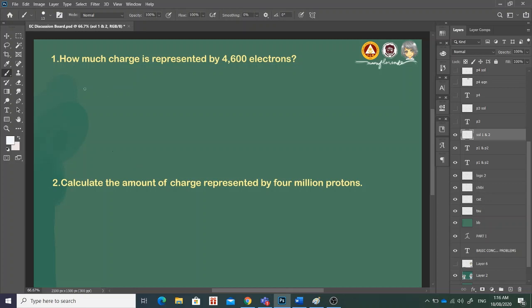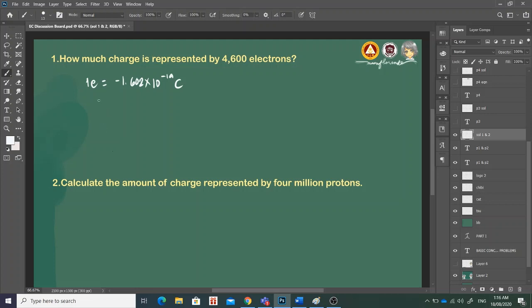So proceed tayo sa number 1. So since tinatanong yung total charge, okay, represented by 4,600 electrons, we know that one electron is equal to negative 1.602 times 10 raised to negative 19 coulomb. Ayan. So, isa-substitute natin ngayon, or we will use this conversion factor to find the total charge represented by this